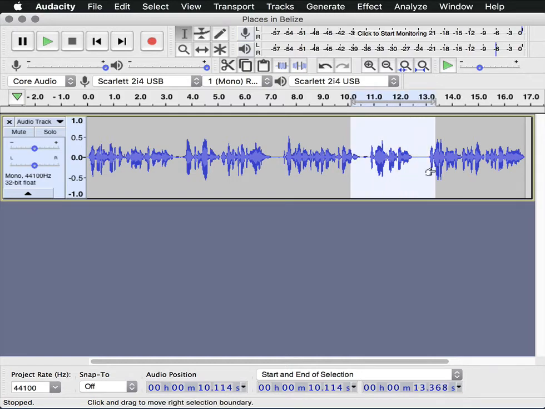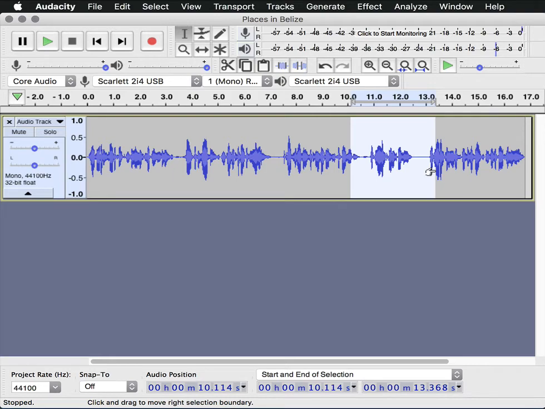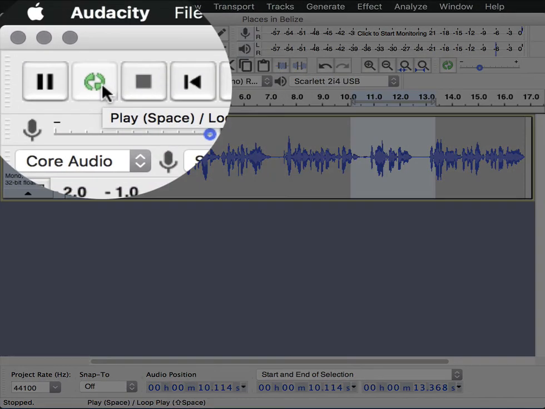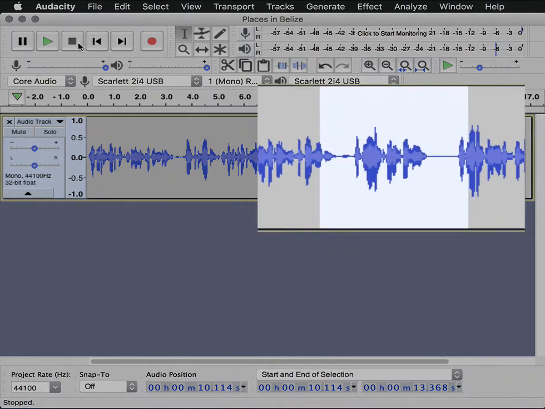corrected part. Okay, one thing you can do to help you is to use looped playback, and that'll repeat the highlighted section over and over just to make sure that you don't delete something accidentally that you want to keep. To use looped playback, hold down the Shift key on your keyboard, and you'll notice that the play button changes. Keep holding Shift and then press play. With more than 20 species, with more than 20 species, notice we highlighted a little bit too much there,